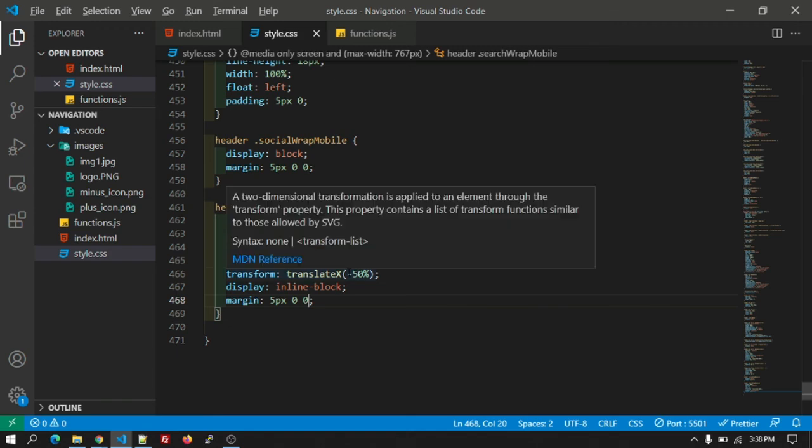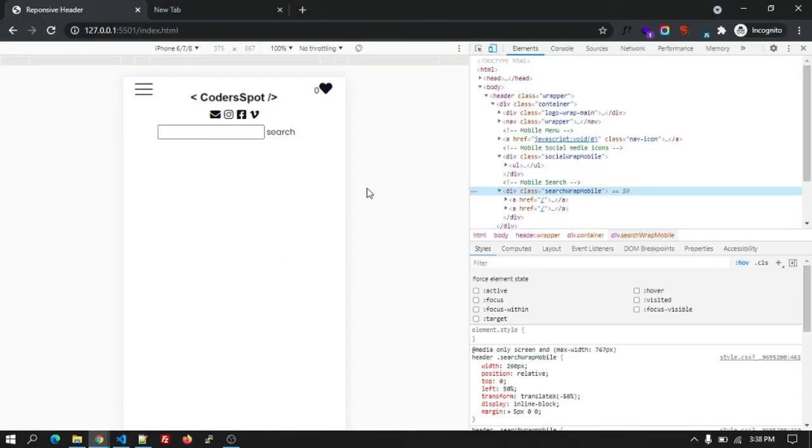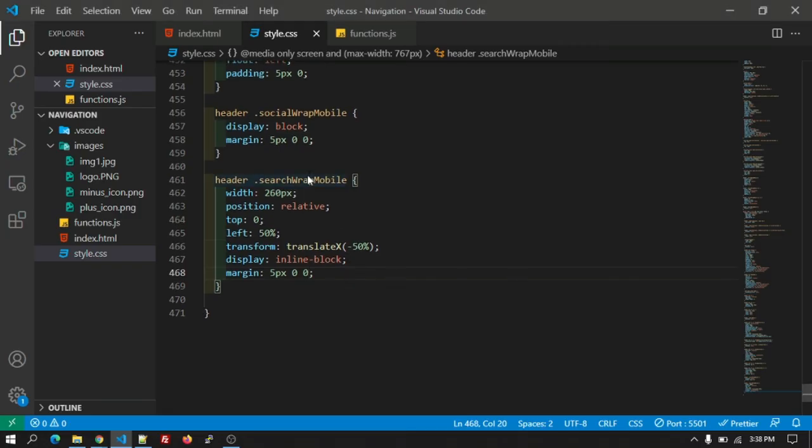Okay, so this is how it is looking after adding the CSS to the search wrap mobile.